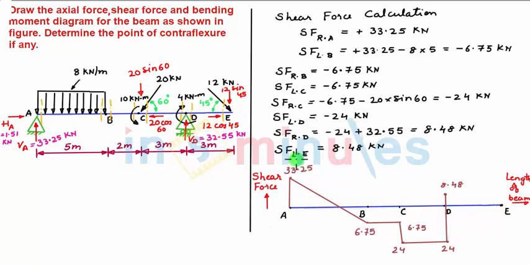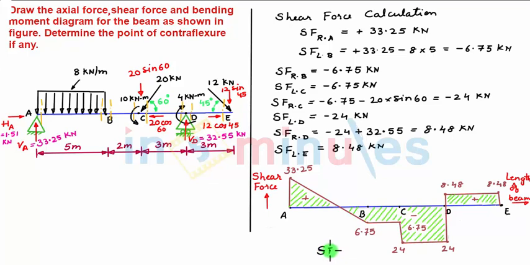Now shear force towards left of E is plus 8.48 kilonewton. So again, above point E, we plot 8.48 kilonewton shear force. Now since the value of shear force is the same between point D and E, I connect it with a horizontal straight line. Then finally connect it with the zero line. So with this, our shear force diagram is complete. We see that some part of our shear force is positive whereas the other part is negative.